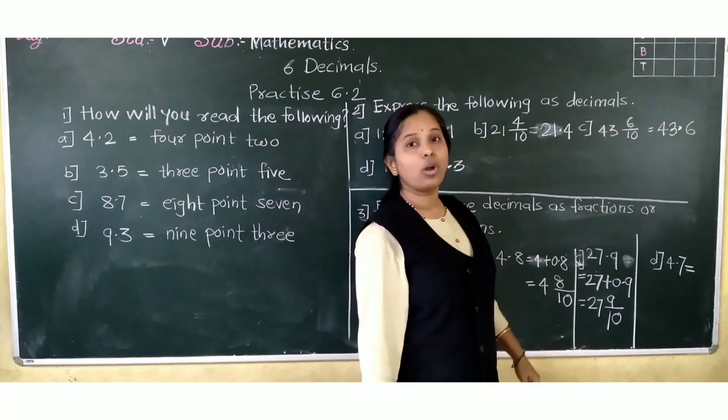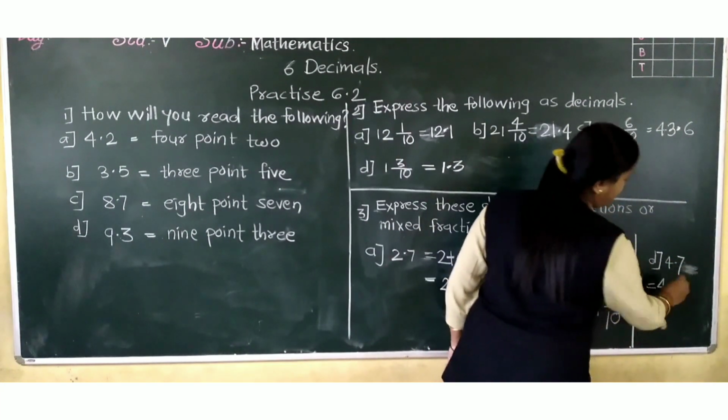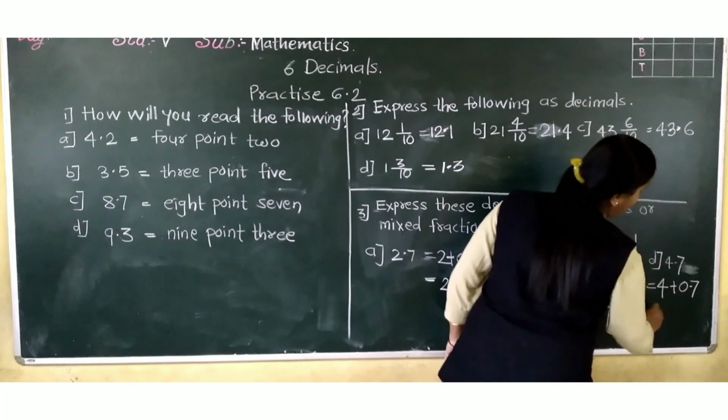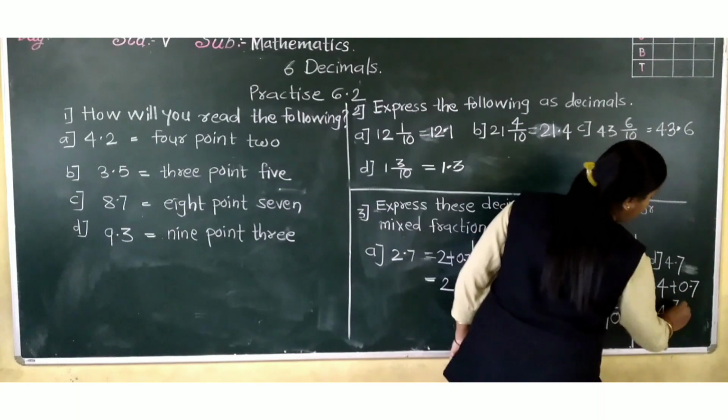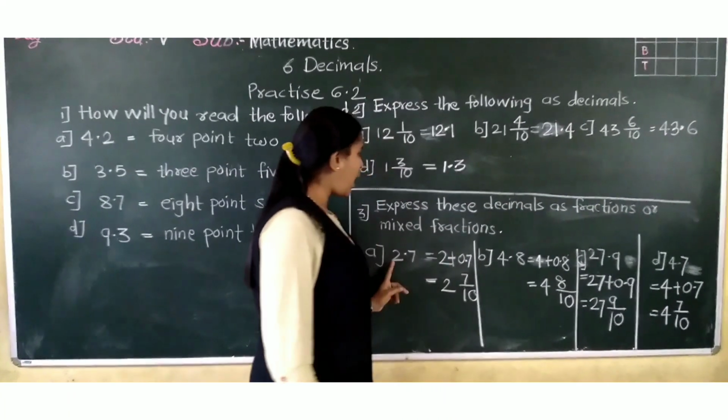Next is 4.7. That is whole part is 4. Okay. Plus 0.7. Now 0.7, how do we write? 7 upon 10. So see, I express